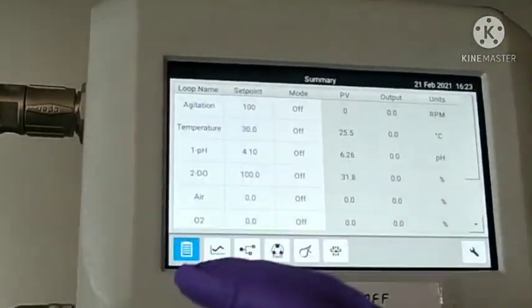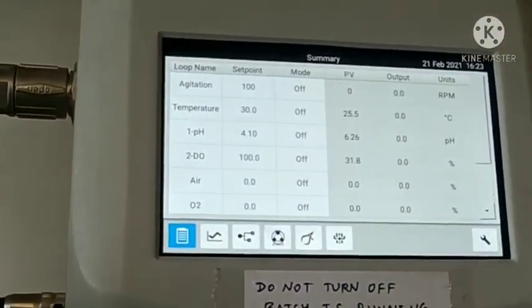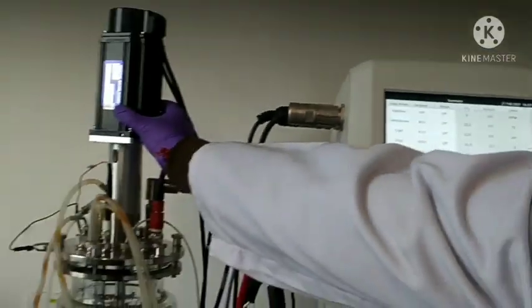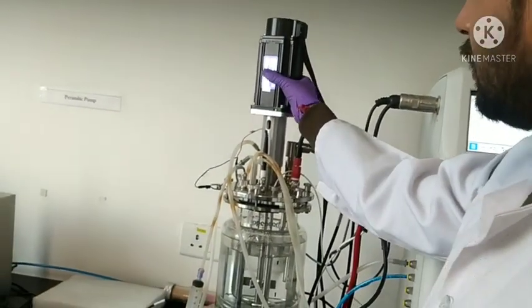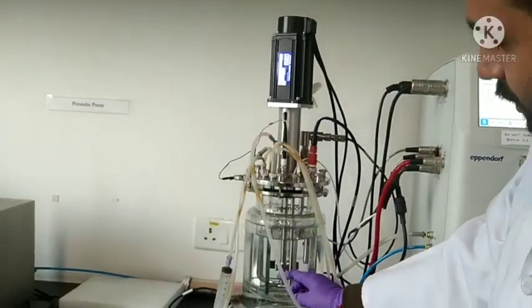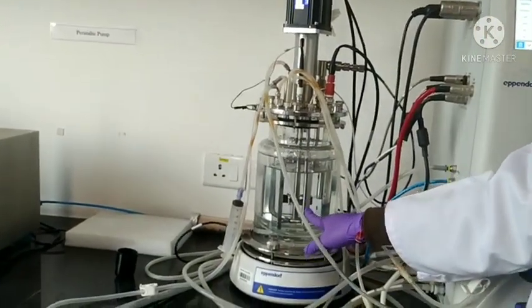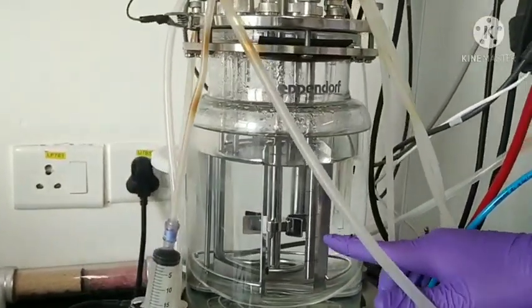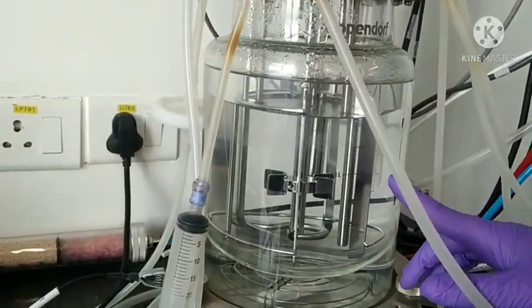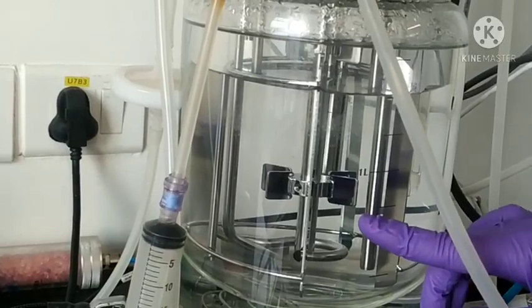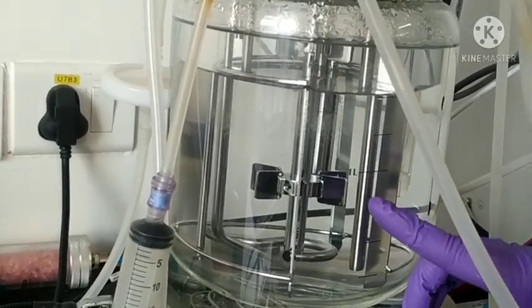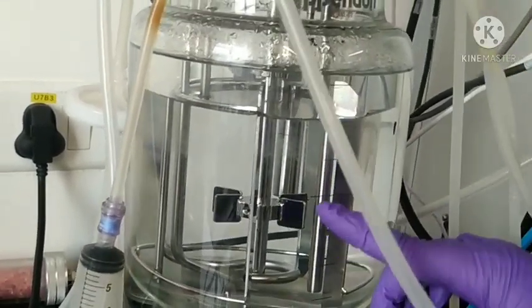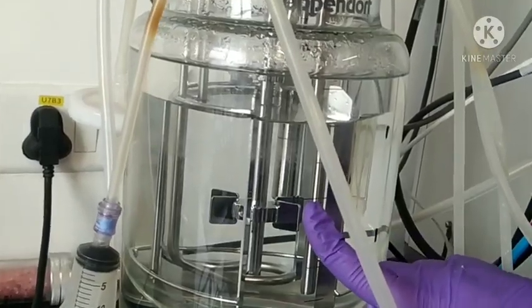For controlling the agitation, there is a motor attached over here, which is an inverted motor, and the agitator is inside with the attachment of the impeller. This is a disc Ruston type impeller. Different types of impellers are used for the process according to the requirement of the fermenter. Here is the disc turbine type, like the Ruston type.